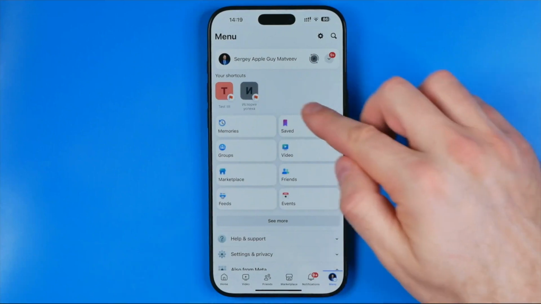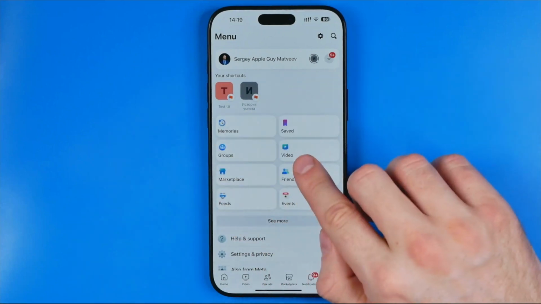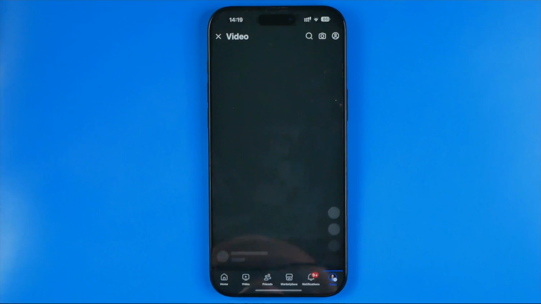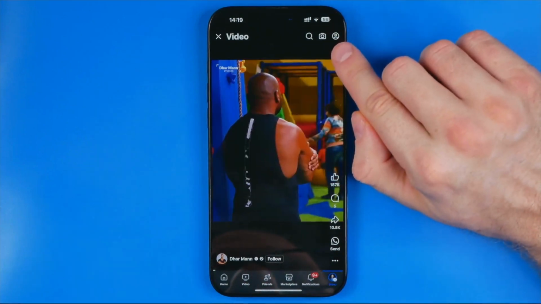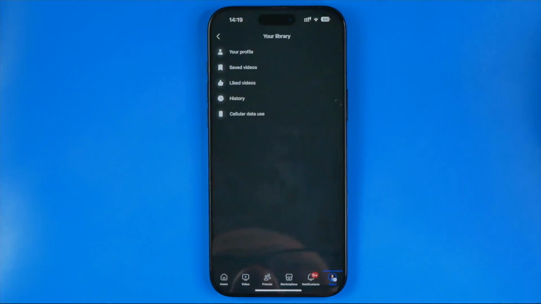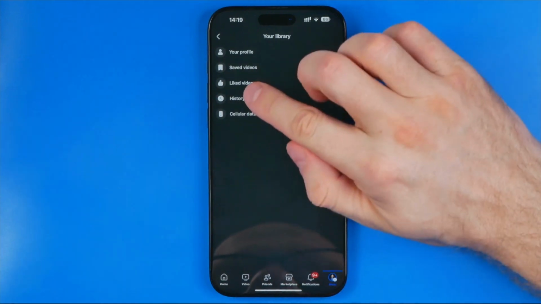After that, go to the Shortcuts section, select Video, and then tap right here at this person icon at the top right corner. You will be taken to your Facebook library, and there all you have to do is just tap at